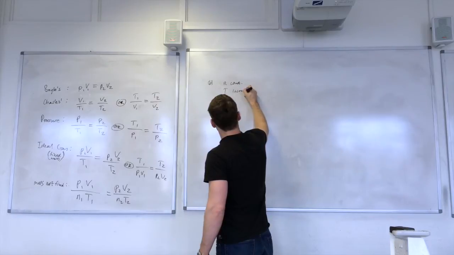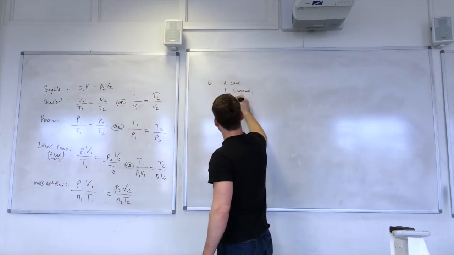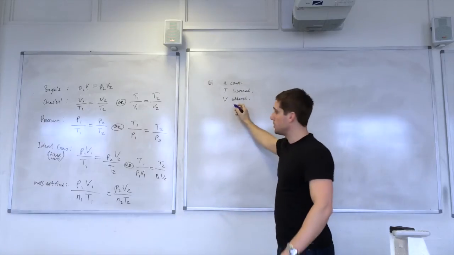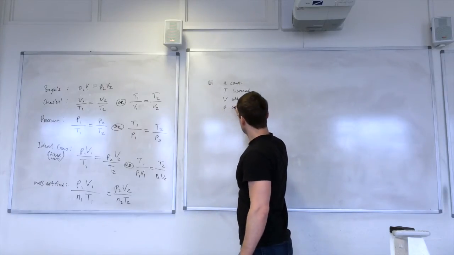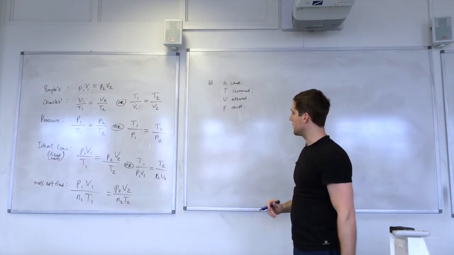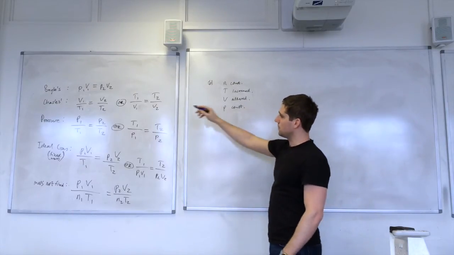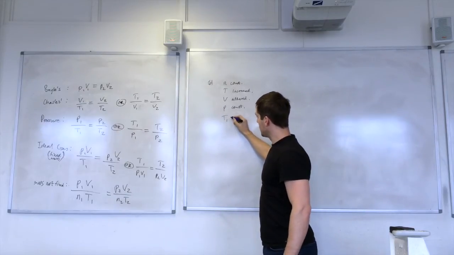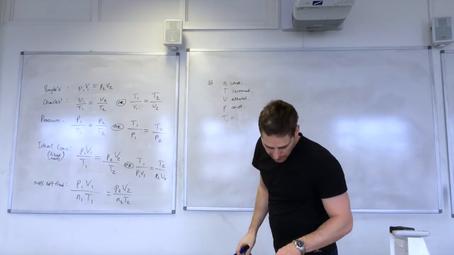T is increased, V altered. That means that V did change, and pressure is constant, because we altered the volume so that the pressure would stay the same. So that means this is a Charles's law question,